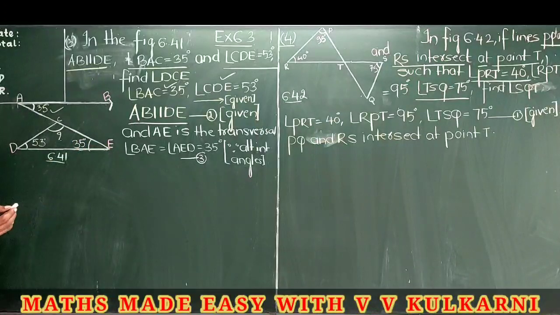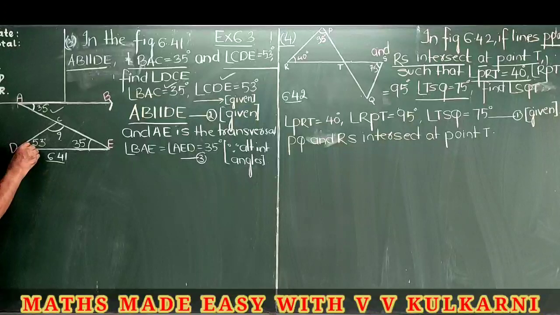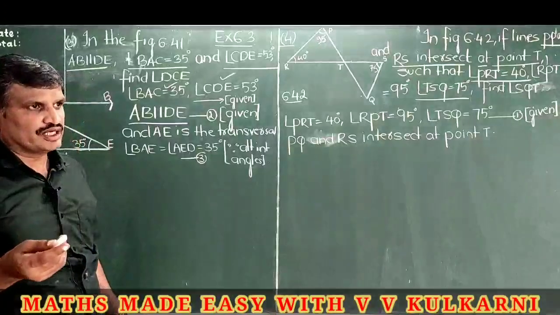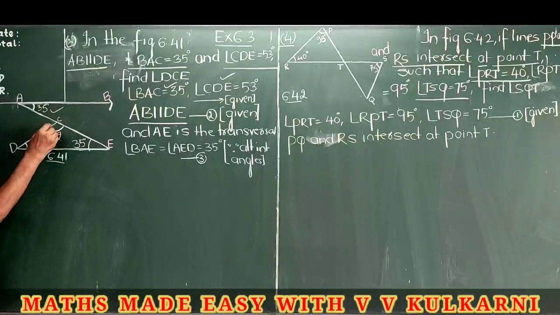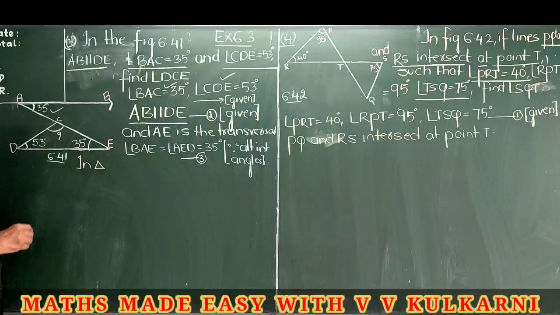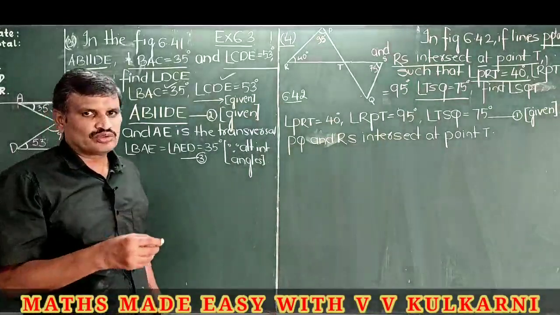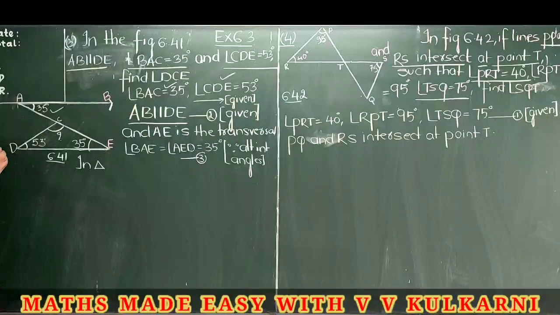It's very simple, children. Use the angle sum property of a triangle. You know the angle sum property of a triangle: the sum of the three angles of a triangle is 180 degrees. Now already you know two of them. The third one I have to find out. So how do I report the answer? Many times children know the answer but they don't know the right way to report. You should report it in the right way. What is the right way of reporting?